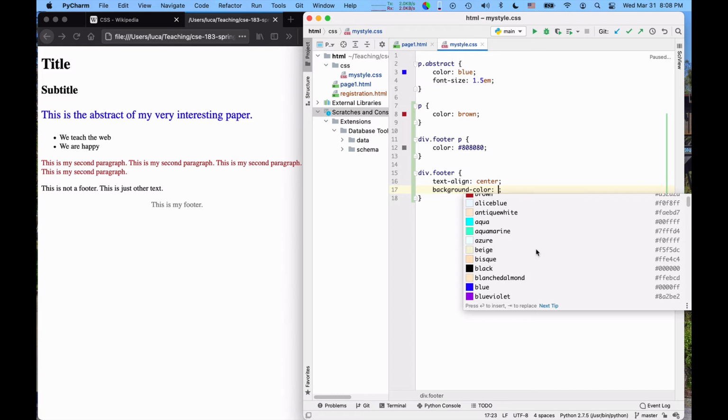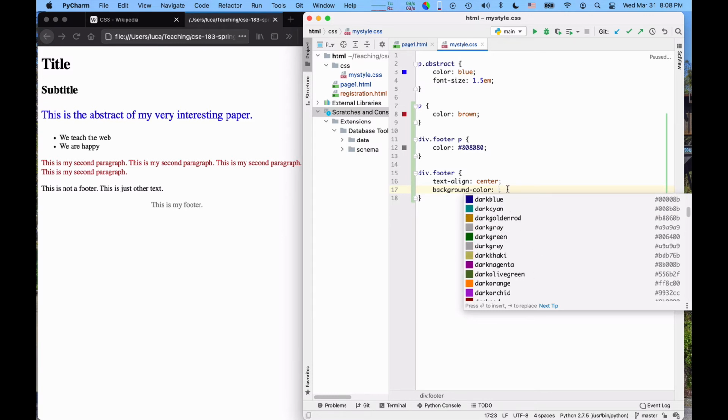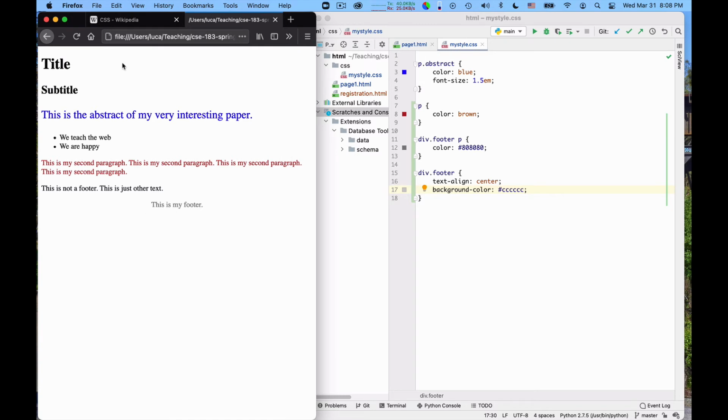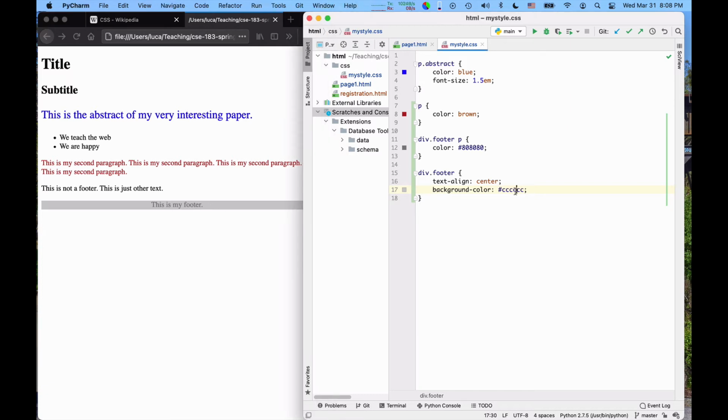Or I can even choose here, yeah, why not? But all I wanted was a light gray, so perhaps it's easier to generate it. BB. That should be light gray with a hash at the beginning. Okay, fine. No, it's not light enough. Maybe CC. Okay, so let's look at it. Okay, this is fine. No, this background needs to be lighter.